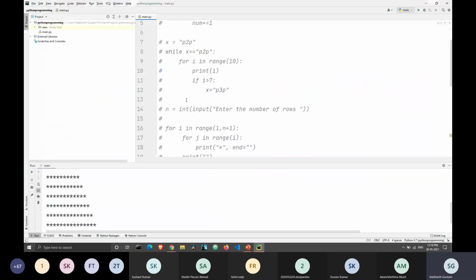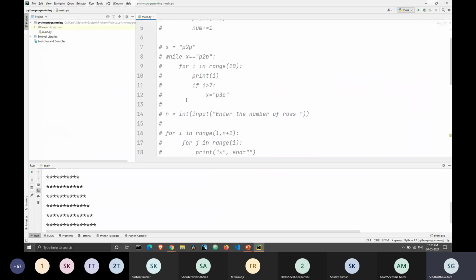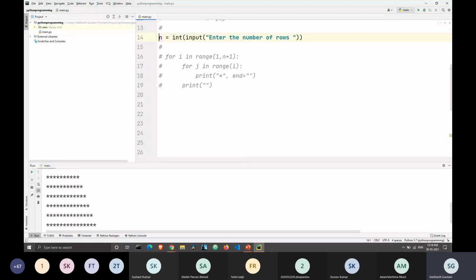Now let's get back to our last question. Let me just uncomment this. Let me show you visibly what's happening here. Let's say the value of n is 5.